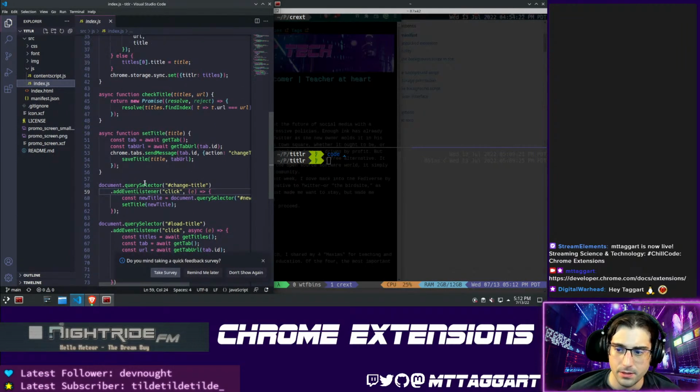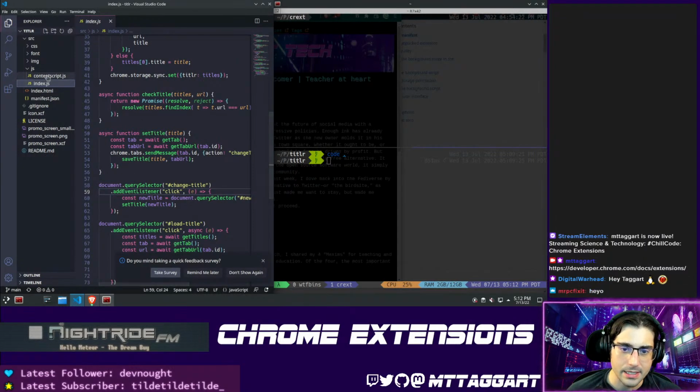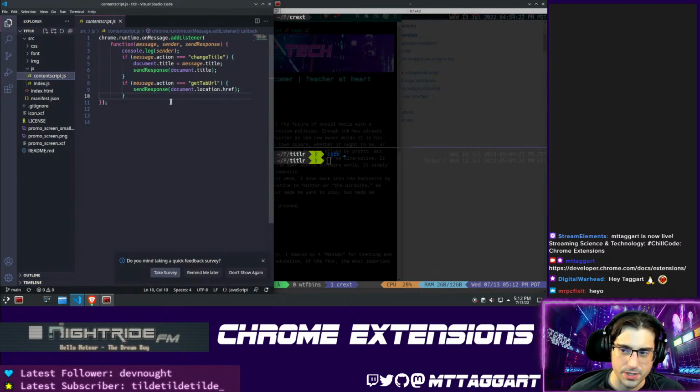Except that I need it to work. Basically, what's going on in the content script is that there's this thing going on in the background that is responding to messages that I send from the front end. And that's how the tab URL and title is handled. So basically, this thing is listening, waiting for change title and get tab URL messages from the front end. And when it does, we get the response of the document.title and the document.location.href. Basically, this is my connection to the document that allows me to get that information